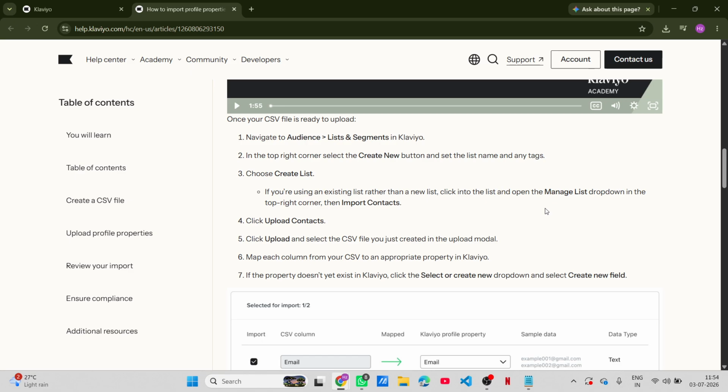This process opens up a world of possibilities for your email marketing campaigns, allowing you to connect with your audience